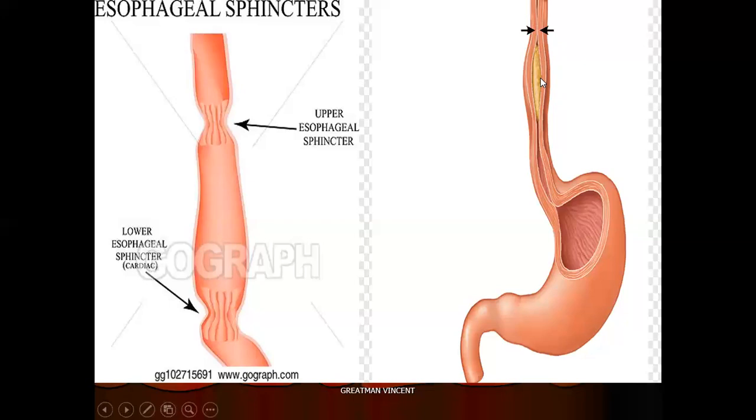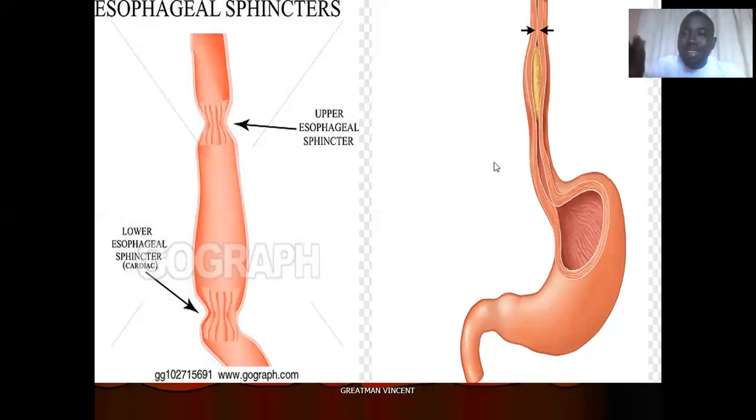The circular muscles contract to decrease the diameter of the lumen, so that the upper portion will contract and push the food downwards. And then the longitudinal muscles will also contract to decrease